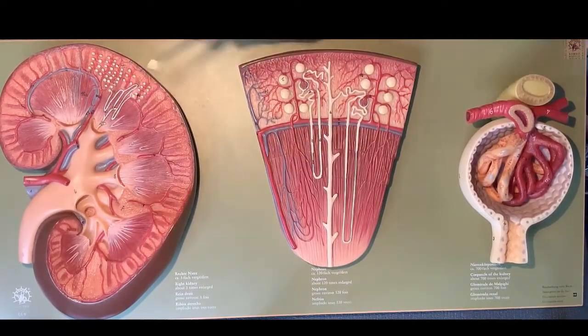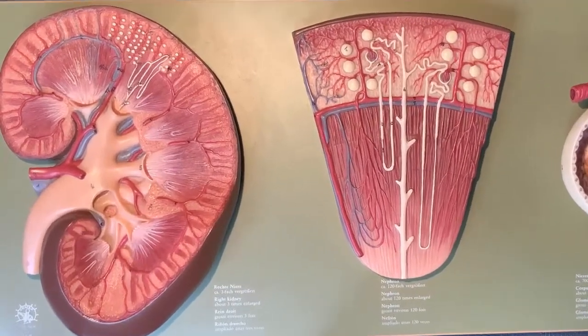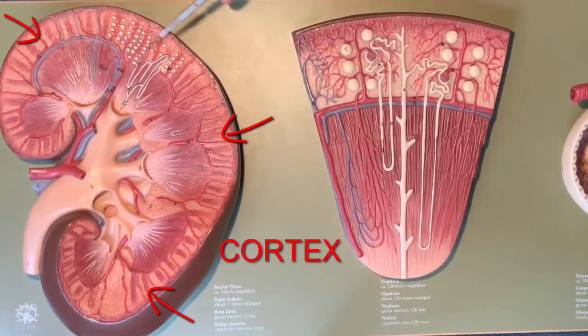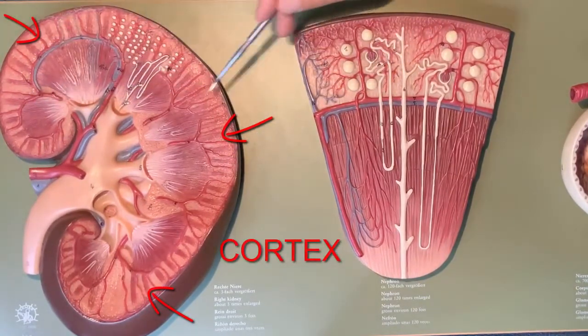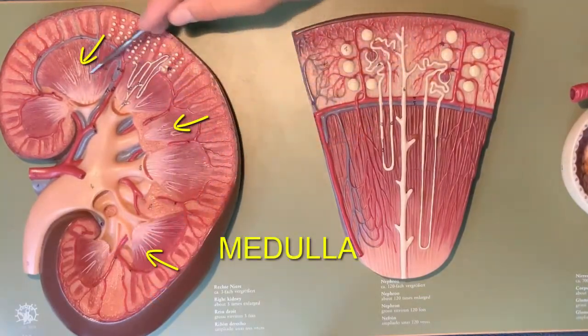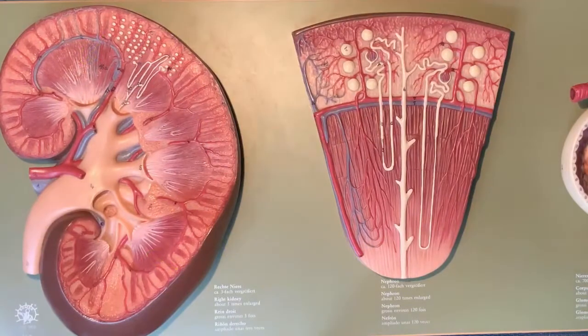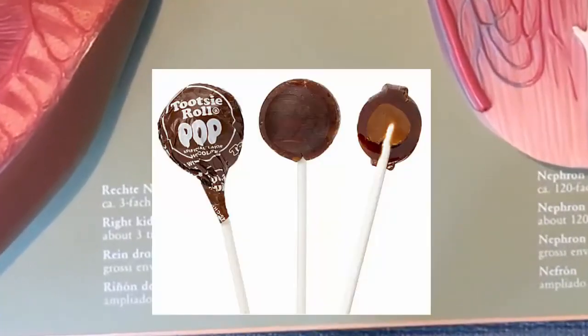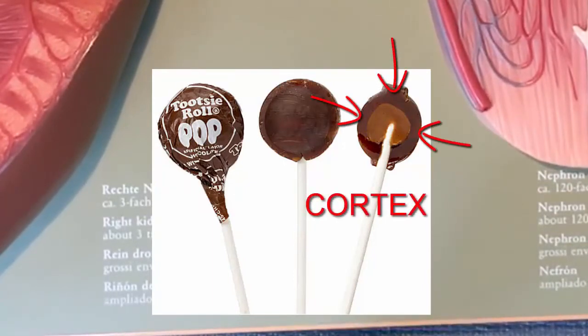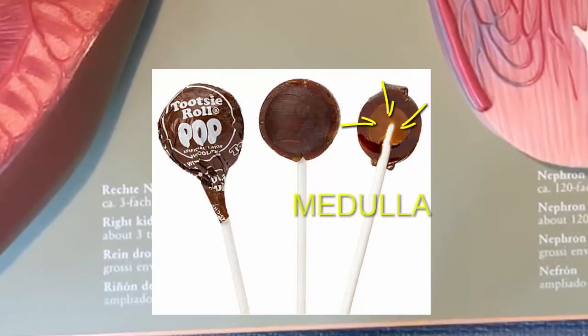The kidney, which we see here, has a couple of overarching pieces, and those are the first two structures on your word list: the cortex and the medulla. The cortex is the more superficial, outer layer of renal tissue, and the medulla is the inner portion. You can think of the orientation of the cortex and medulla as a Tootsie Roll Pop, with the outer candied part representing the cortex and the inner Tootsie Roll candy representing